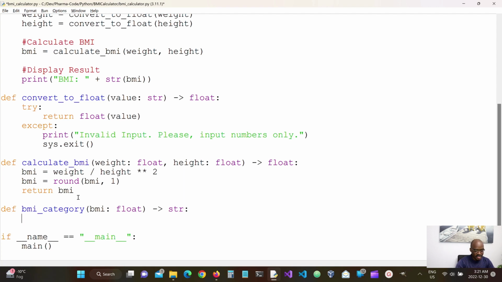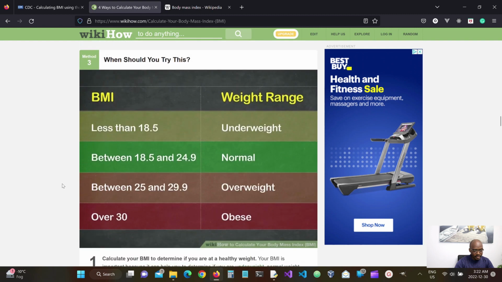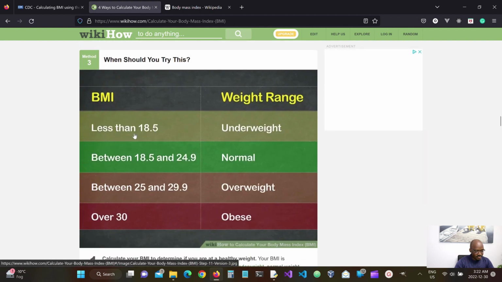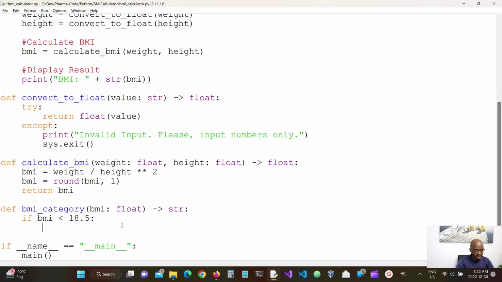So I'm going to do something like if the BMI is less than 18.5. Let's check our reference material again. So 18.5 is underweight, right? Okay, so I'm going to say if it's less than 18.5, return underweight. Okay, else if BMI is greater than or equal to 18.5